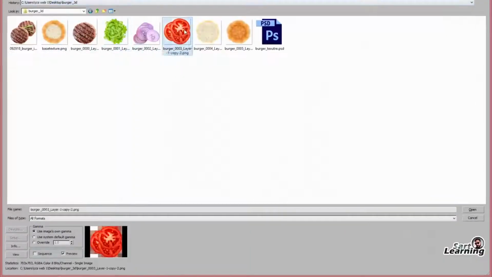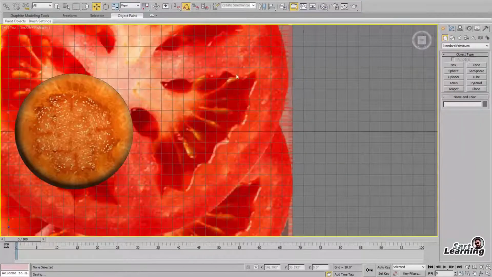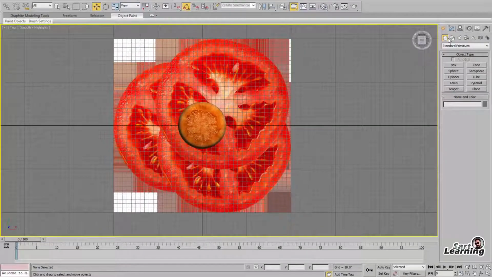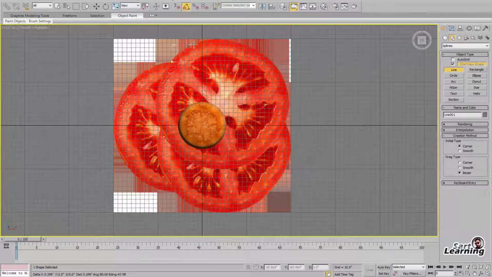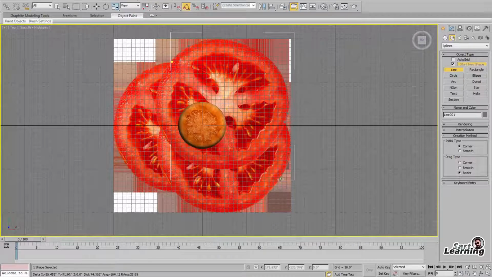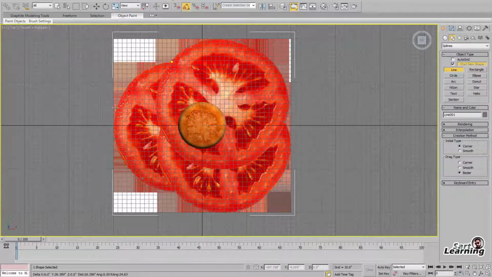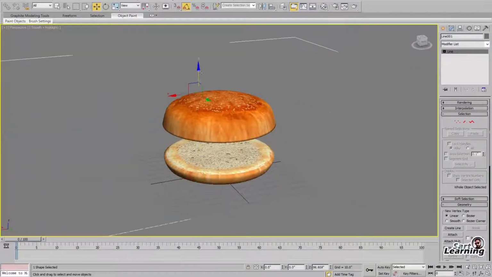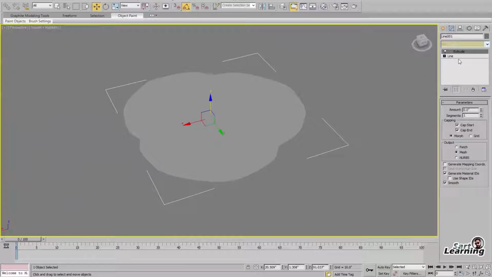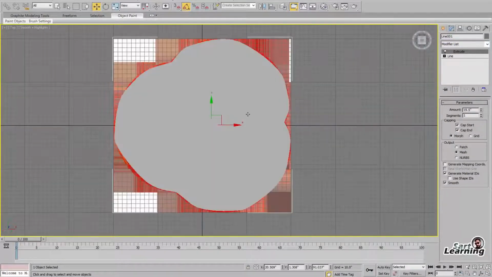So import your texture on a top view with the help of Alt B. Now create it with the line or cylinder, but this is a random shape, that's why I used the line tool, because I am going to create all the slices in a single geometry. So my geometry is ready, so I just give extrude.